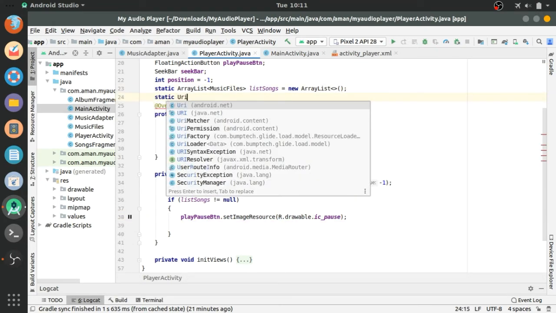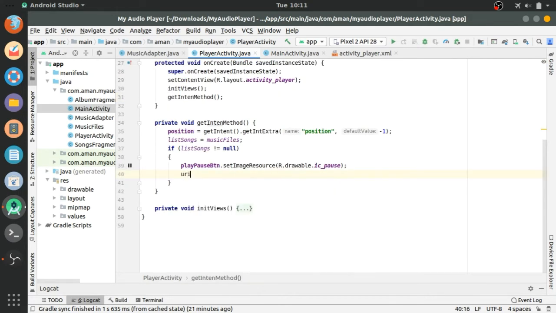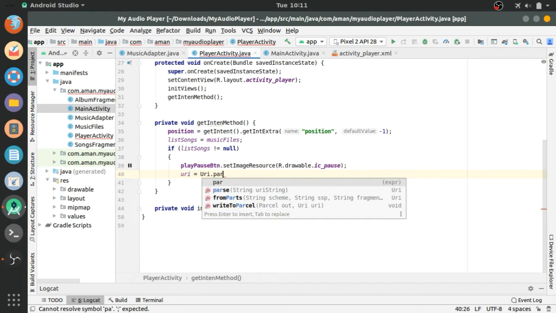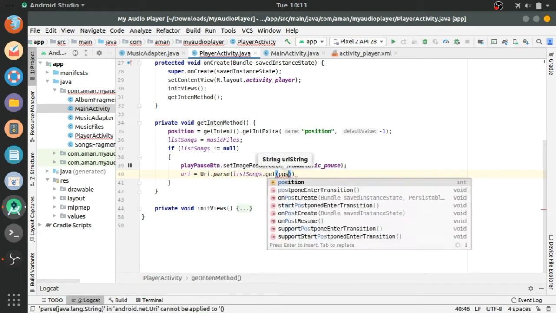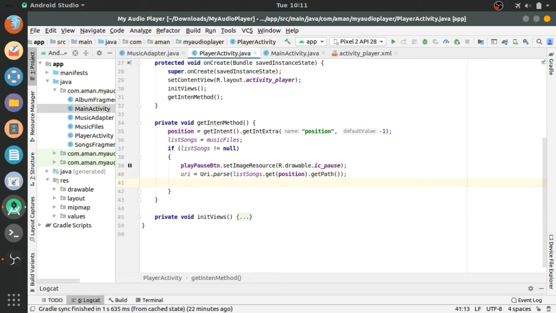Now create a static Uri, and here uri equals Uri.parse listSongs.get(position).getPath(). Now go outside of this block